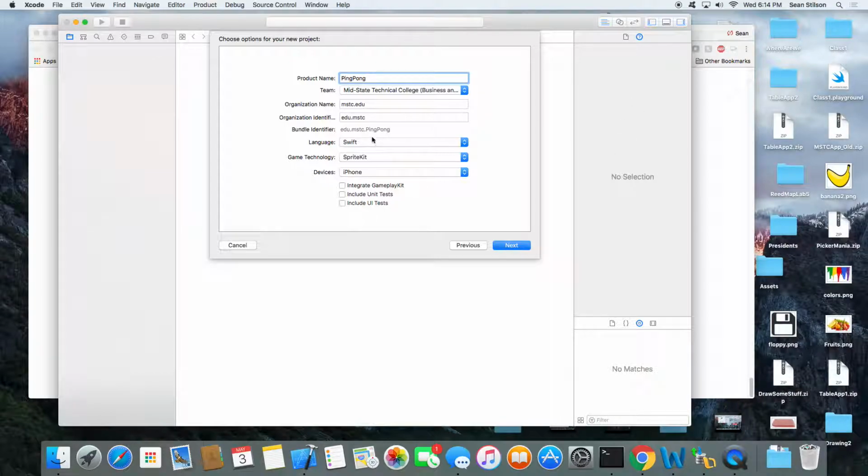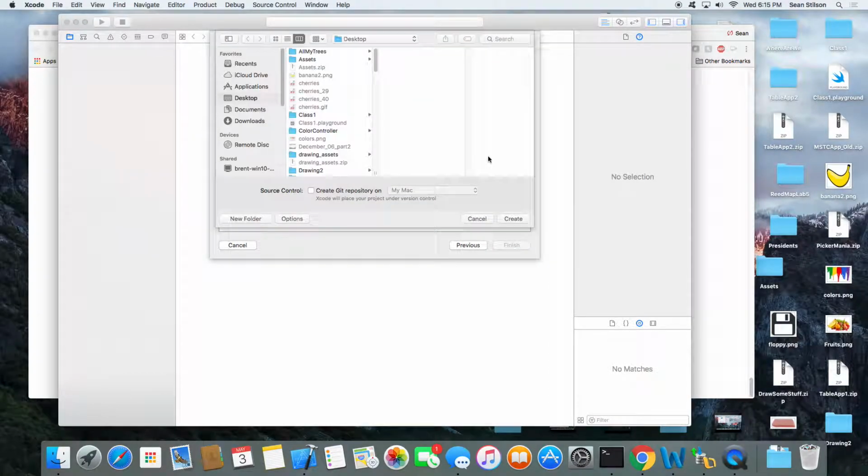All right. As far as the game technology, this will be SpriteKit, not SceneKit. So differences, SpriteKit, as the name implies, you're working with sprites, and the sprite nodes are the basis of it. SceneKit is more animation based on a scene. OpenGL is hardcore, like low-level graphics language calls. And then Metal is a new kit, which I haven't really had much experience with. It's more of a 3D modeling thing. So for what we're doing with Pong, we don't really need that. So we're going to go with SpriteKit.